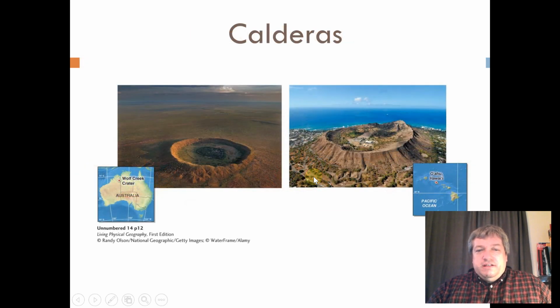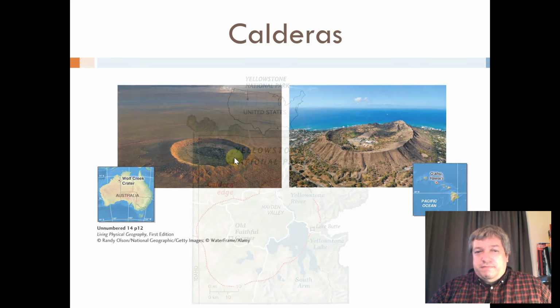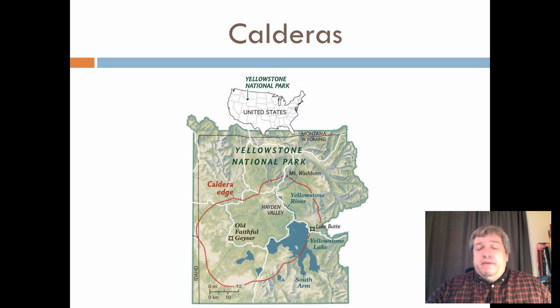Okay. Sometimes they're easy to spot. This is one in Hawaii, basically the caldera of an ancient volcano. Although sometimes they can be confused, this is actually a meteorite impact in Australia. But they can be quite large.